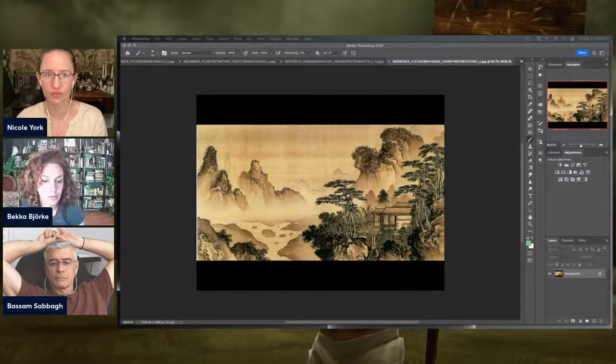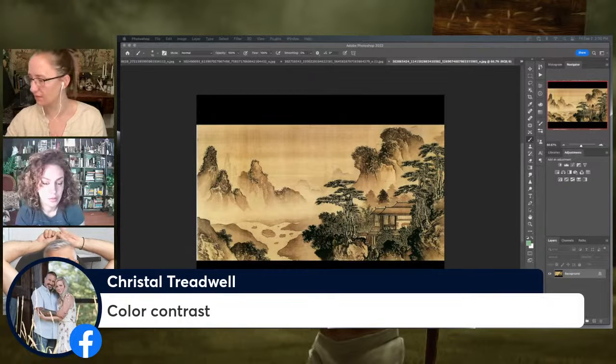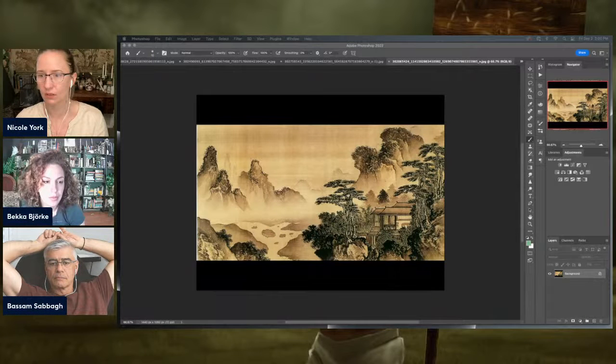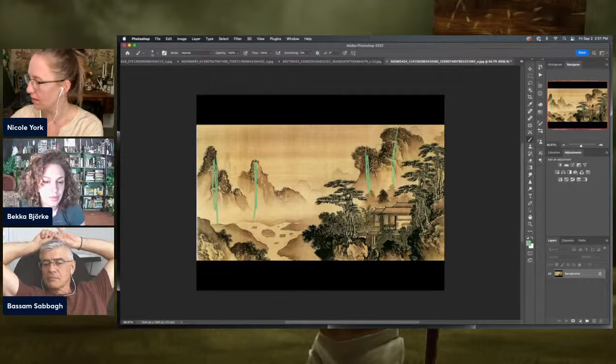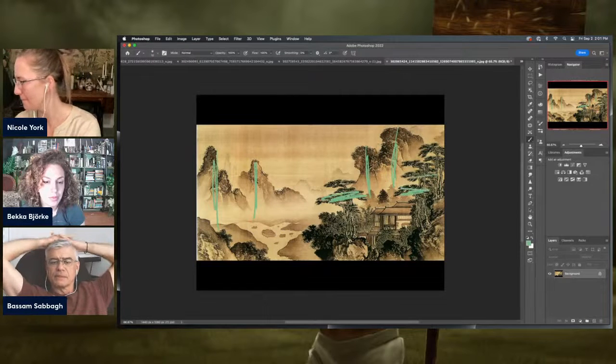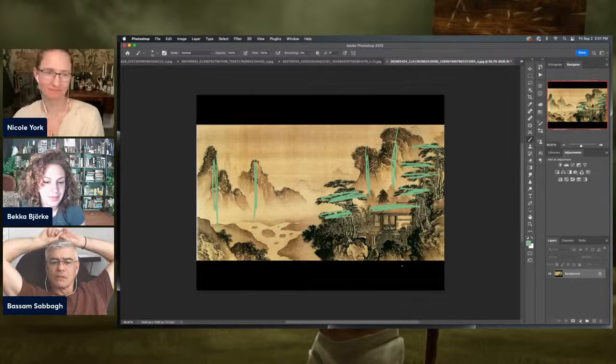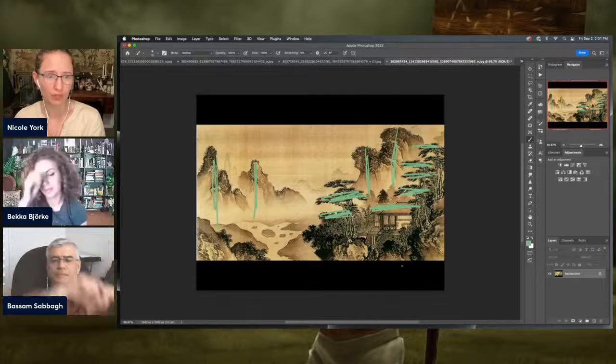So for Crystal, she's saying color. We've got some greens happening, and then mostly everything else is yellow. You know what it is for me? This is it for me. It's shape language, and it's pattern breaking, so it's both.